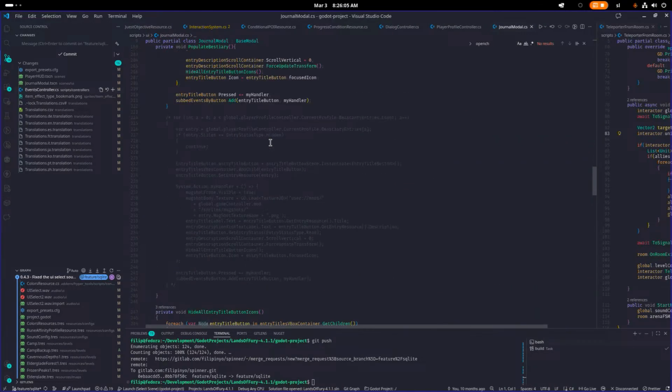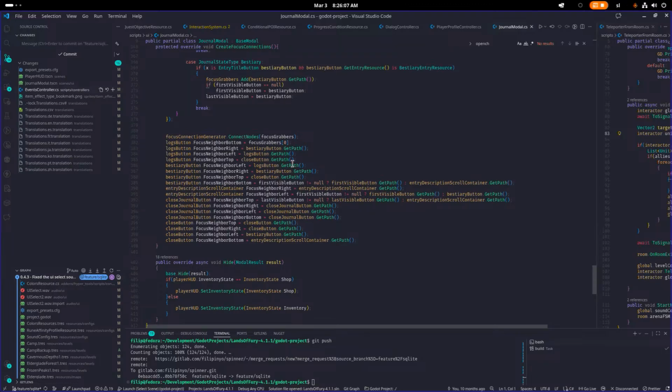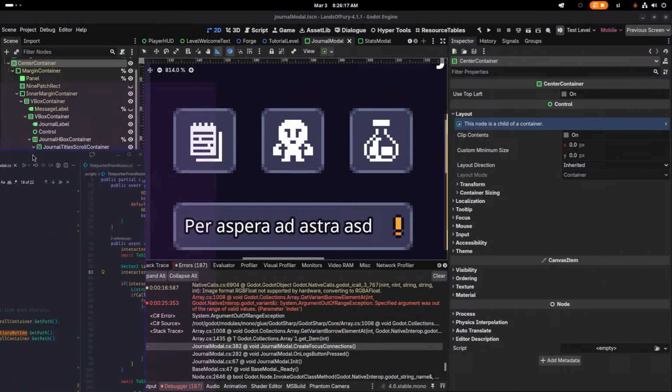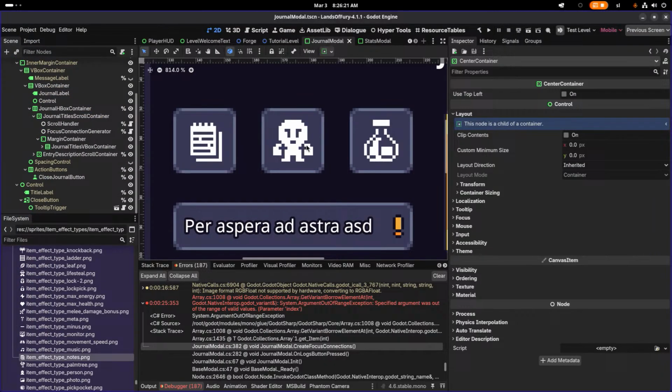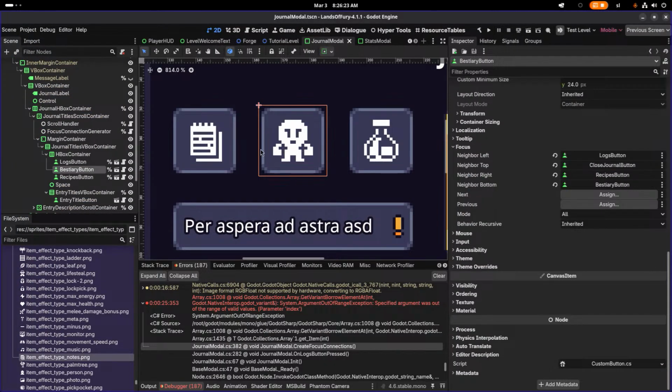Line 387 was the line that it was complaining about, so this is where the connections happen. Let's see. It said